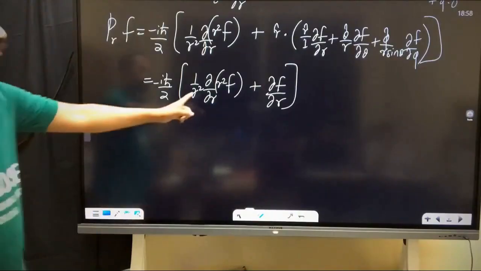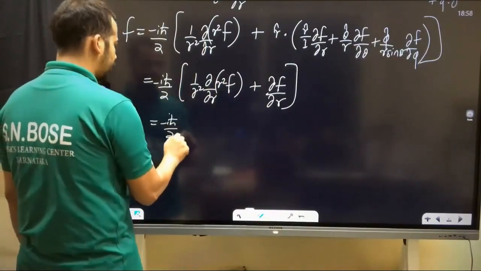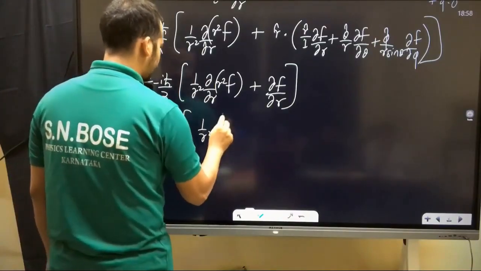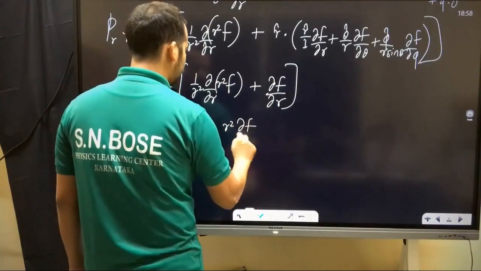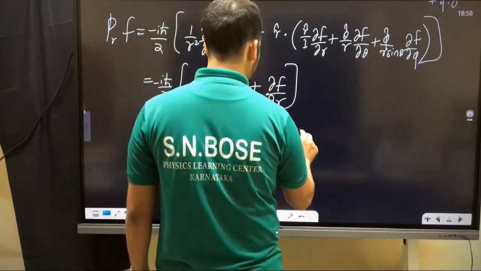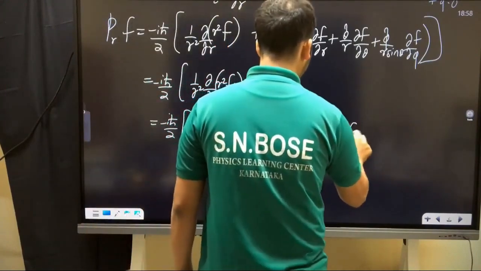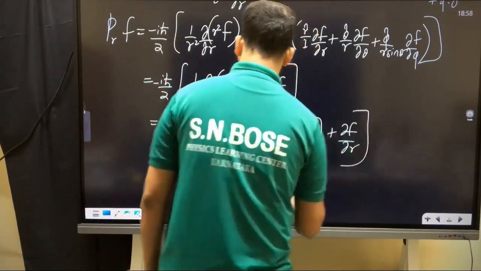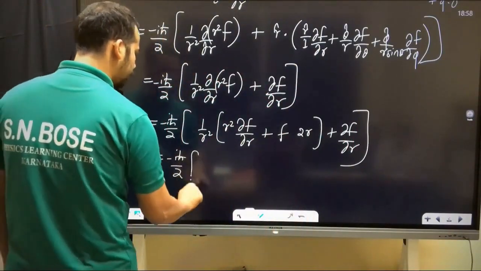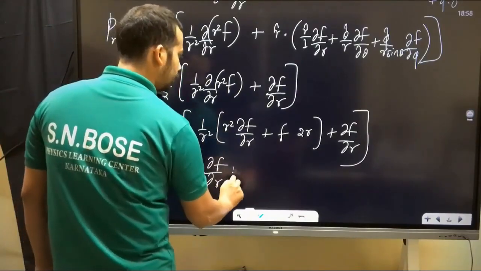Now you do this differentiation. Pick up minus iħ by 2. What is this differentiation? 1 by r squared times r squared as it is, ∂f/∂r, plus f as it is times 2r, plus ∂f/∂r actually. I hope when you multiply individually minus iħ by 2, r squared gets cancelled. ∂f/∂r, plus